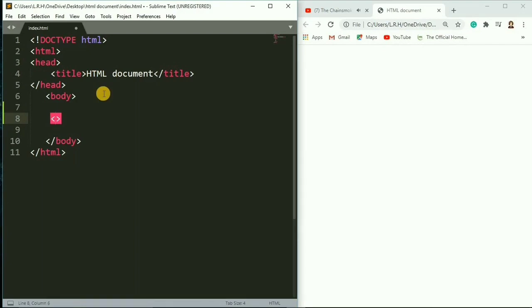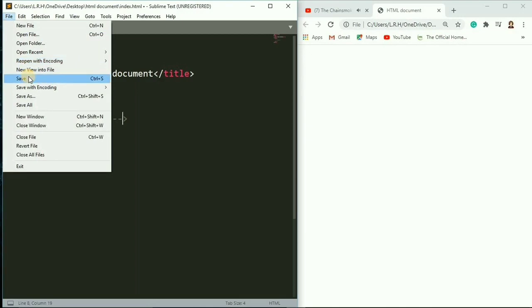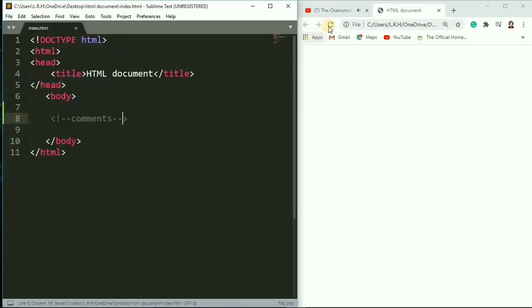So we are going to start with heading. Now before we go into tags, I just want to mention comments. The syntax is less than, exclamation mark, then two hyphens, write your comment, and then we end the comment with double hyphens and a greater than sign. Now this is not going to be presented by the browser. If I save this and reload, we are not going to see it, because it's a comment. It's just for the developers to see.